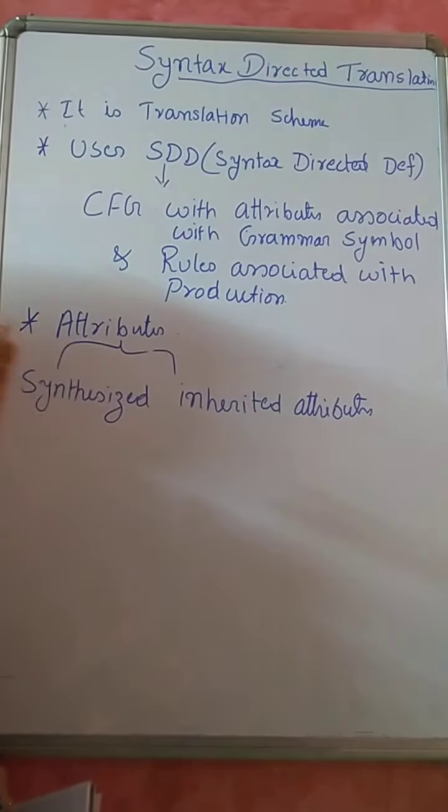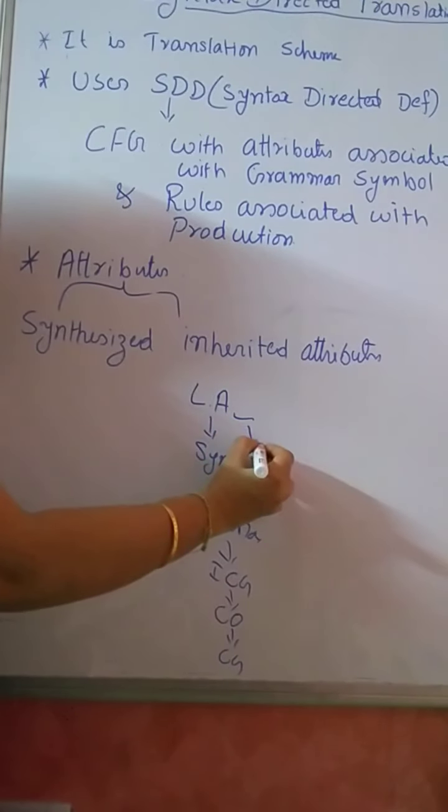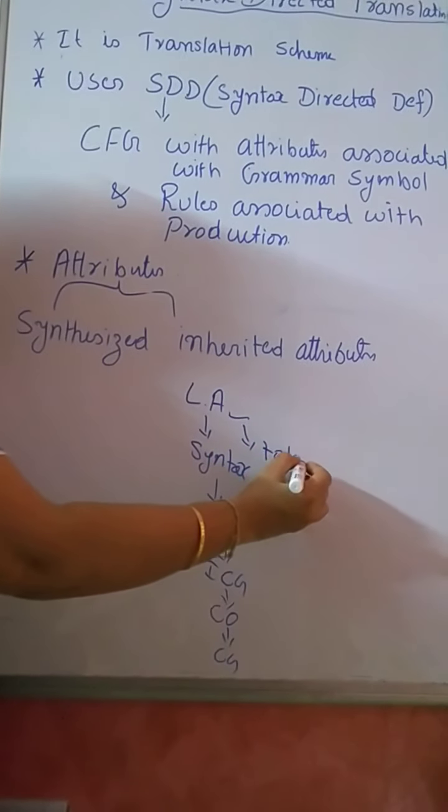So which are the phases of your compiler? Lexical analysis is one phase, then you have a syntax analysis phase, after that a semantic analysis phase, and then an intermediate code generator. Then the code optimizer, and finally the code generator. So these are the different phases of a compiler. All of you know the purpose of the lexical analysis phase. It will generate the sequence of tokens.